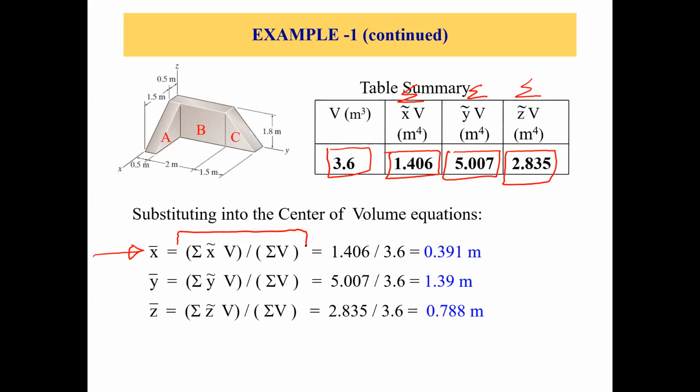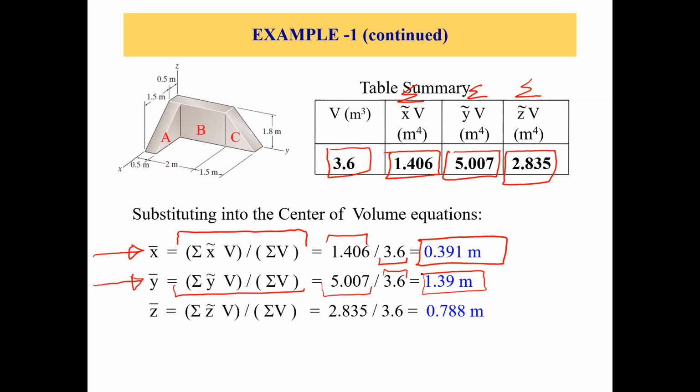So just put in the numbers, 1.406 divided by 3.6, which is the total volume, we get 0.391 as the X bar of the whole composite body. And similarly, we can use the same equation for Y bar by using this summation of Y bar times volume divided by summation of volume or the total volume. So just put in the numbers, 5.007 divided by 3.6. Right, so we get 1.39 meter, which is the Y bar of the